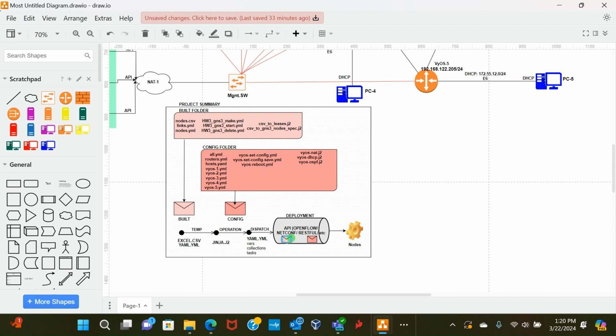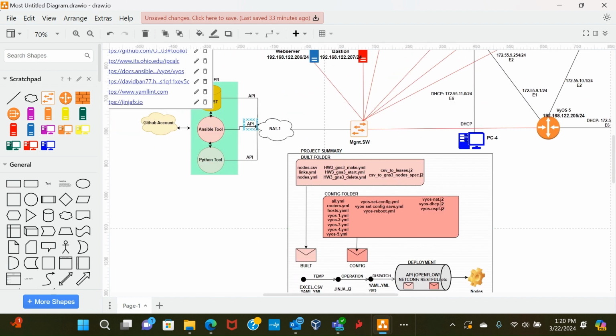Okay, so with this concept being clear, all that I just have to do is rely on the various API calls. OpenFlow is an API source. NETCONF is what is used mostly in the industry within the service provider network. RESTful is also an API which the nodes necessarily understand.